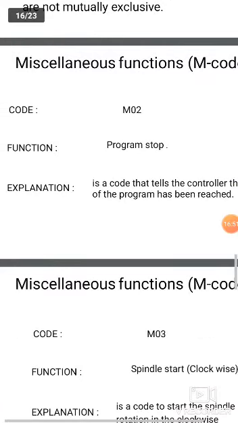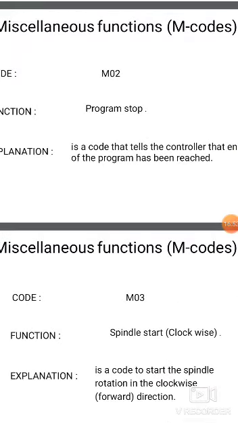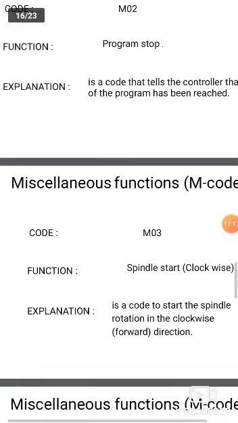Next, M03. M03 means spindle starts in clockwise direction. It is a code to start the spindle rotation in clockwise direction. It tells the machine to turn the spindle in a clockwise direction.